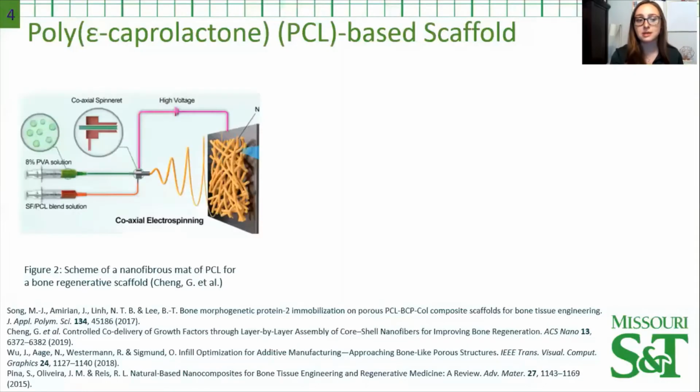For a bone implant, it's important to choose a material with the correct mechanical properties, porosity, and surface roughness. As mentioned previously, layer-by-layer can be done on any substrate, and in this case, it can be done on electrospun nanofibers made out of polycaprolactone, or PCL, and polyvinyl alcohol, or PVA. In this diagram, you can see PVA as the core and PCL as the shell of the nanofibers formed by